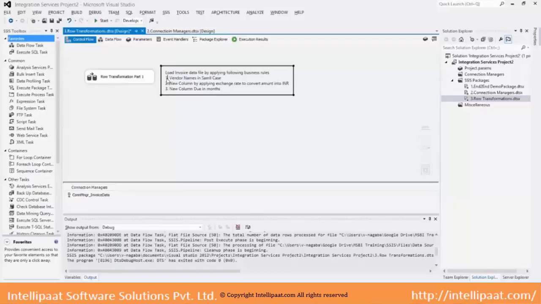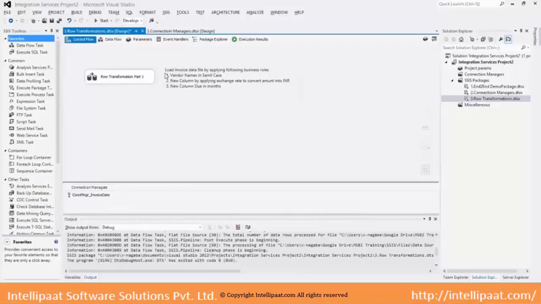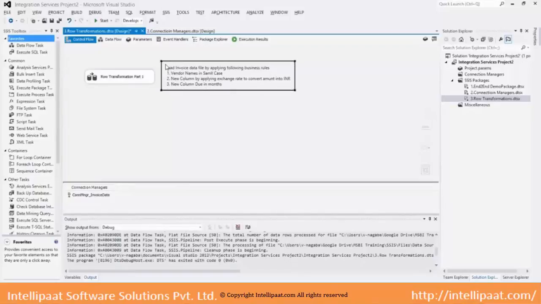Load invoice data by applying following business rules, which we just finished. Okay.